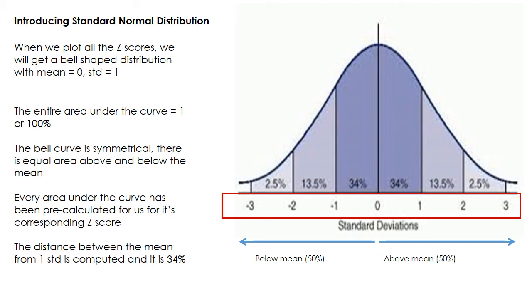Okay, and if you remember when you were learning mathematics and integrals, the area under the curve, the entire area under the curve will be equivalent to 1 or 100%. So when this bell curve, all this area that's shaded under the graph, is equivalent to 1. So what happens next is we can actually calculate each of the shaded areas under the curve. So from 0 to 1, what is the area under the curve? How much is this area?